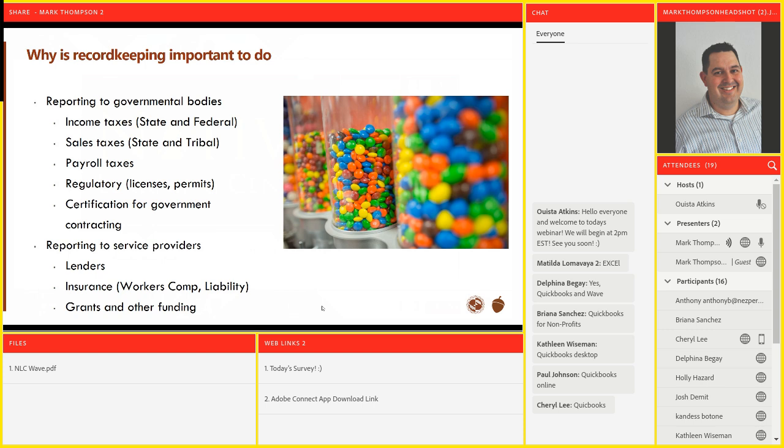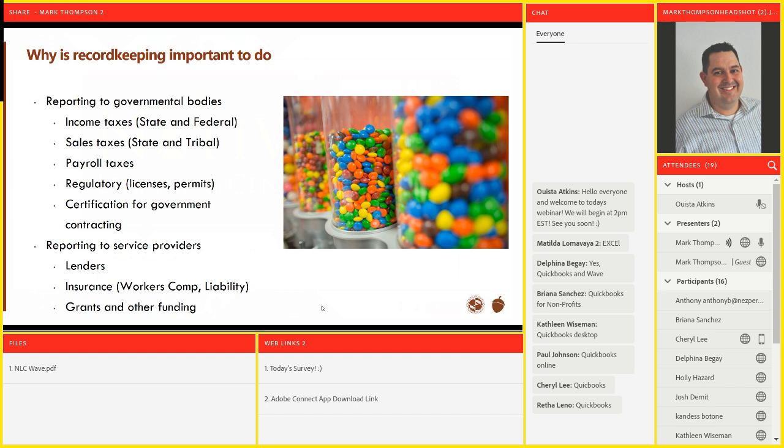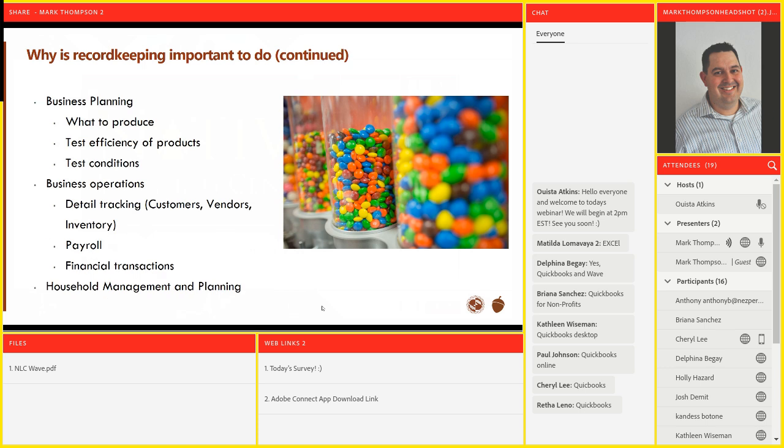It could be if you're reporting to lenders or funders. I see somebody was doing QuickBooks for nonprofits, right? We're a nonprofit here at IDRS, and we always have to be making QuickBooks reports. I saw QuickBooks just pop up. We have to be making grant reports, right? And all of our financial data is kept in QuickBooks, and so that's what we're using to provide that information to those funders, right? But we're also using this information to find out about